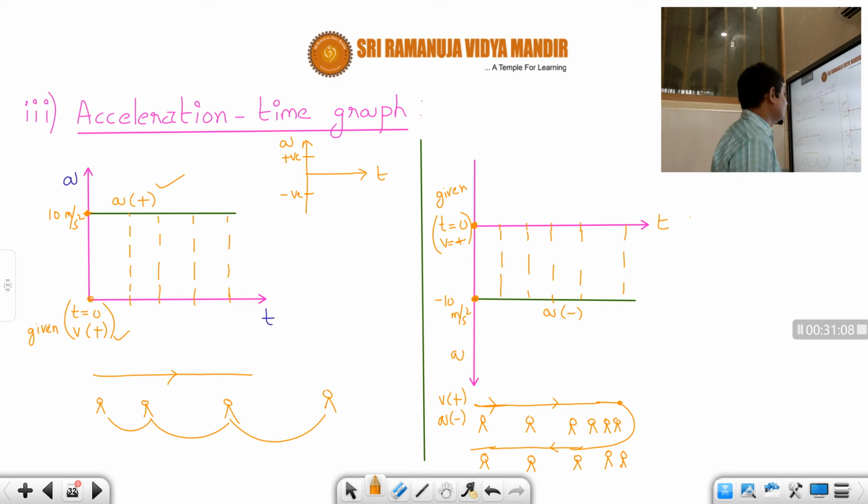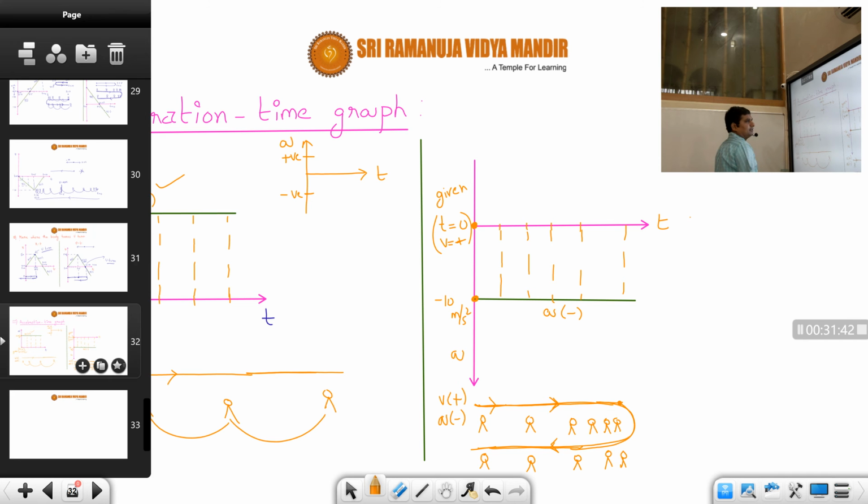I hope you understood this one. Because here the acceleration is negative and velocity is positive, therefore it has taken a U-turn. Whenever these two signs are opposite, the body must take a U-turn, students. Whereas here the velocity and the acceleration are in the same direction. A is positive, v is also positive, so it will continue to travel in a straight line with increasing speed. Whereas if the signs are opposite, the speed will decrease, become 0, and then take a U-turn. Okay, students, I hope you understood.